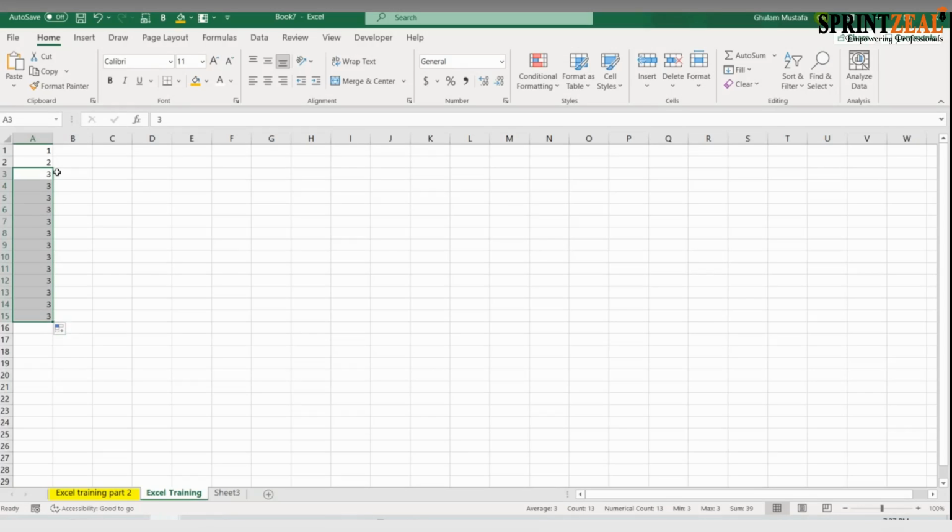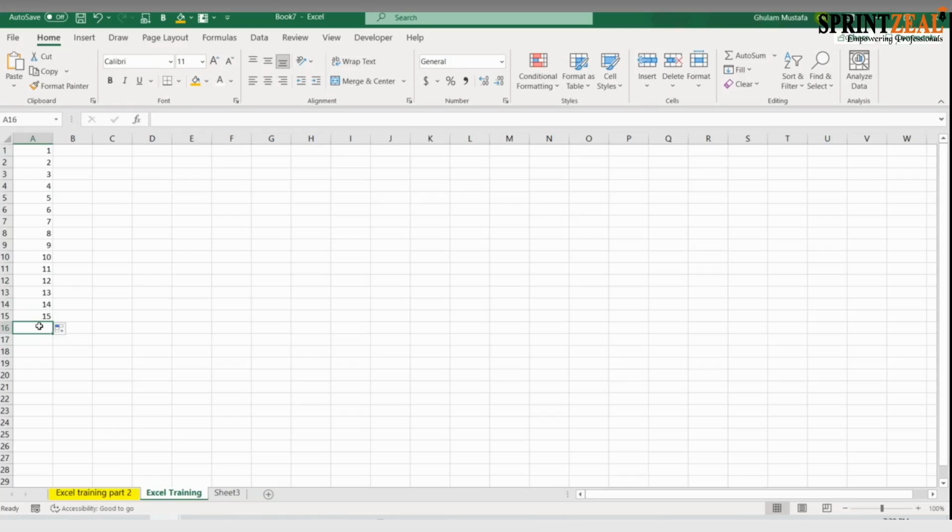It will drag your number, and then there is a window for you. You can change, let's say, copy cells to the fill series. Automatically a new series will become for you from 1 to 15. Okay, now I want to add these 15 numbers.